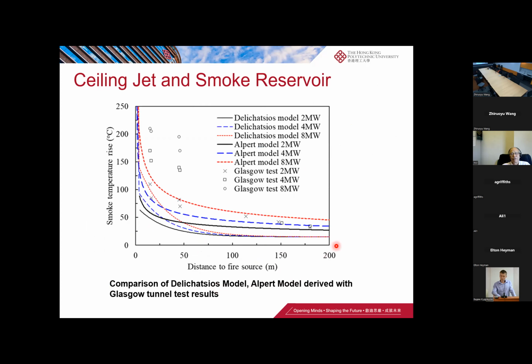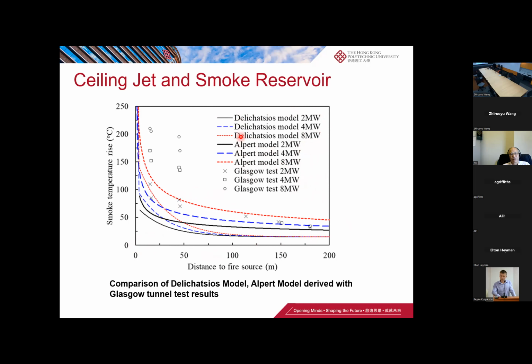To further justify this model, we found some experimental data from the early 1970s from UK classical tests. They had 2 megawatt, 4 megawatt and 8 megawatt fires. The fire test was in a very long unused rail tunnel about 600 meters long. We make use of this data and compare it with the model we developed